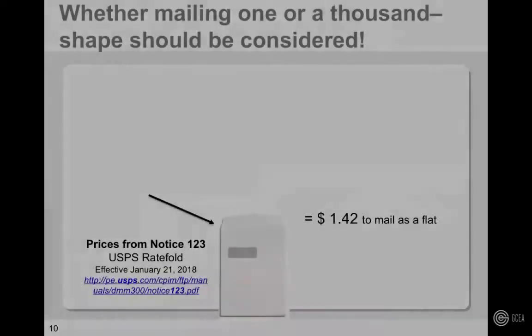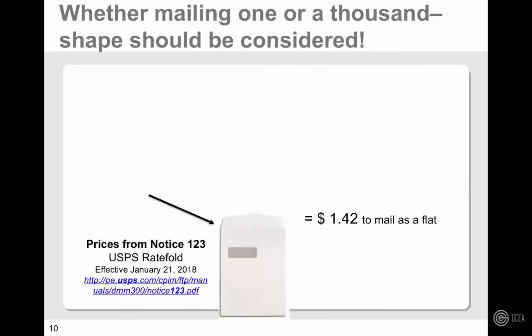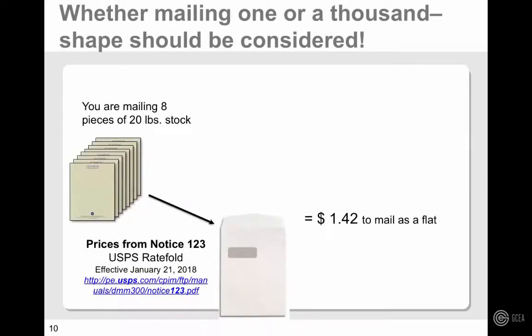Now here's just a comparison so you can see it. If I take 8 pieces of bond paper and put it into a 9x12 envelope, it's going to mail as a flat. A flat is anything over 6 1/8 by 11.5 inches. If you go back a couple of slides and look yourself on the handouts, it's going to mail at $1.42 a piece for a flat. Now, it has to do with weight. So if I take that